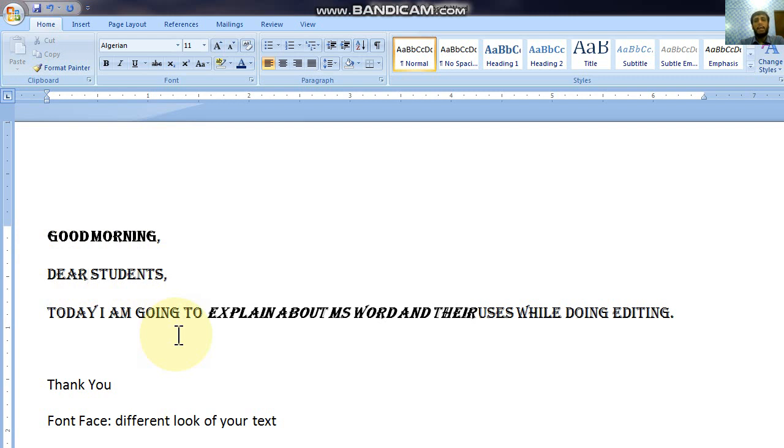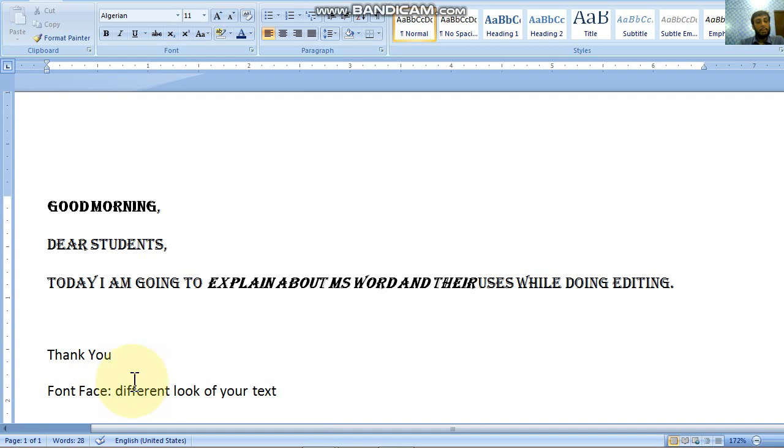So this way we can change the font face. Now see, this "thank you" is coming in a different font face, and these three lines are coming in different fonts. So it depends on your choices.